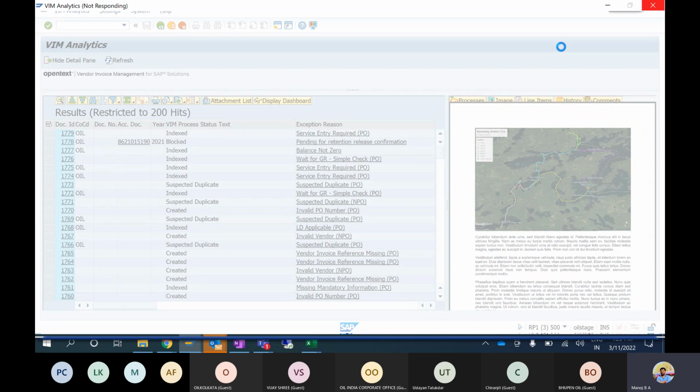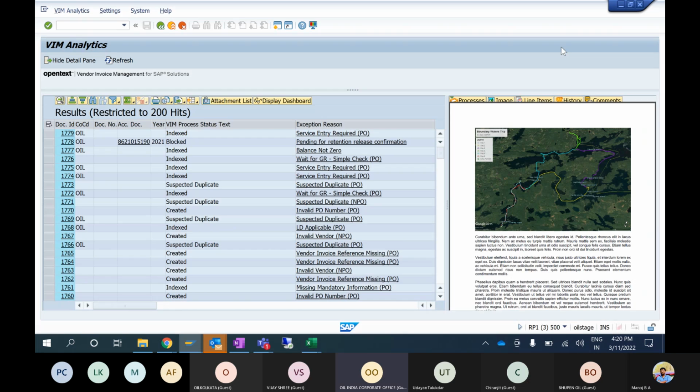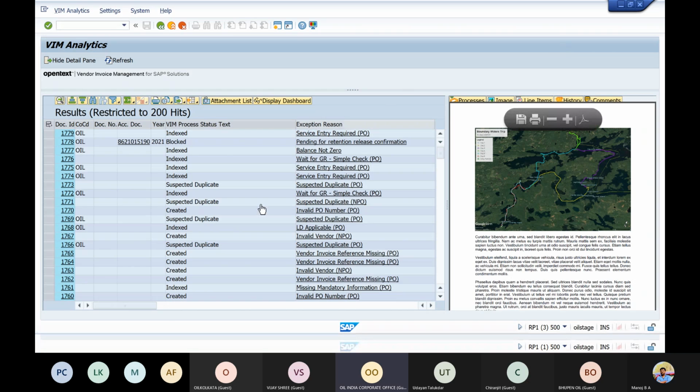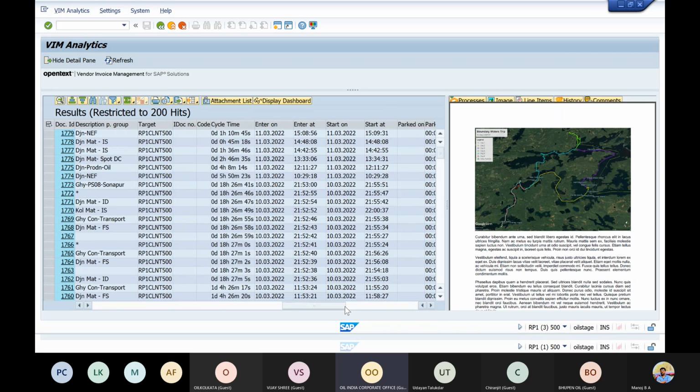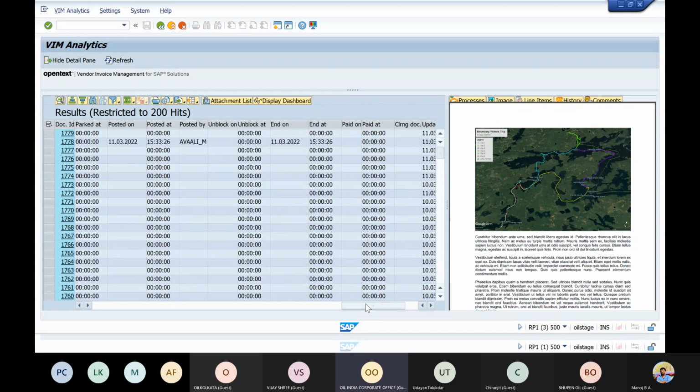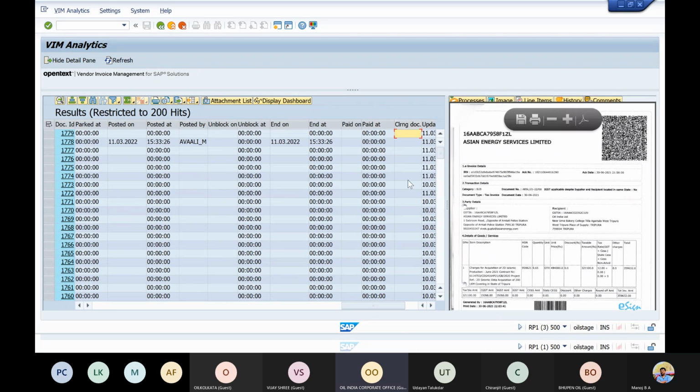I cannot give more than that. Clearing document means the payment has been made. APP document number, bank payment document. So here there is a clearing document, right? Whatever is cleared, it is cleared. My concern is that the